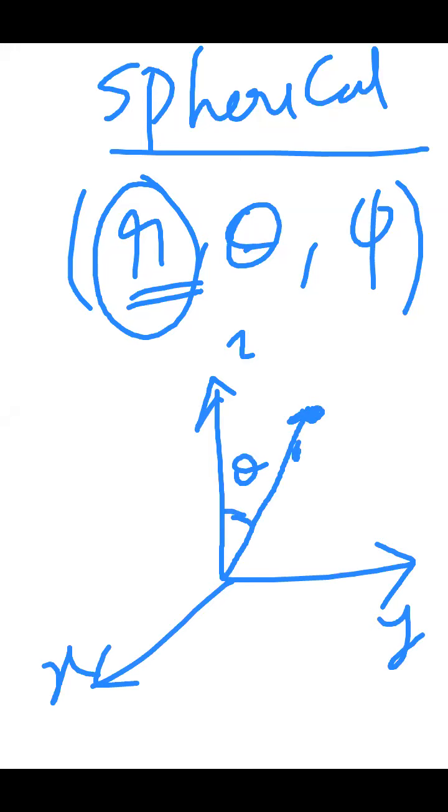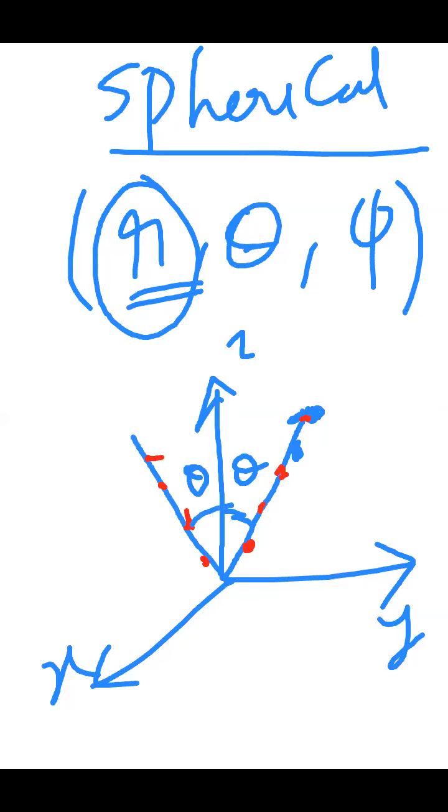Even if I choose the point here, my theta is the same. I can choose a point anywhere on this line, and theta will not change, because by definition theta is the angle from the z-axis. Suppose I am on this other line, even if you choose any point on it, your theta will not change, because theta means angle measurement from the z-axis.